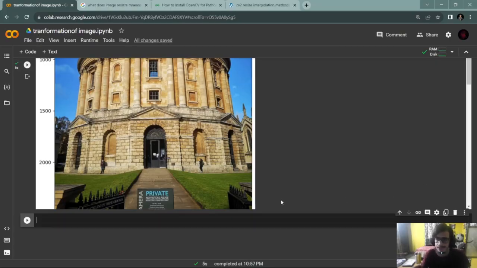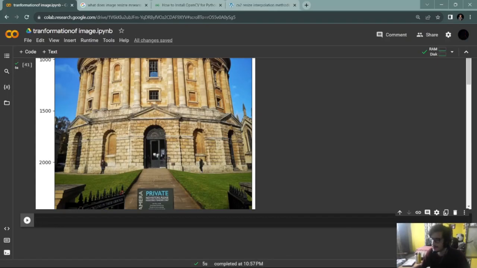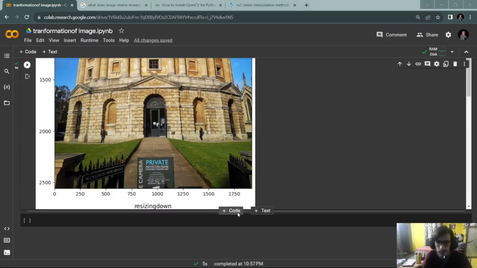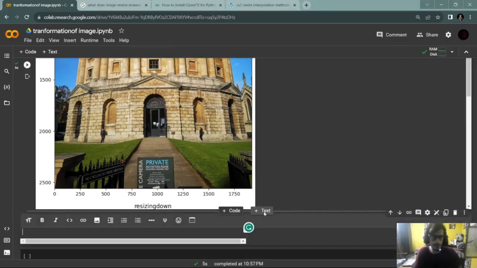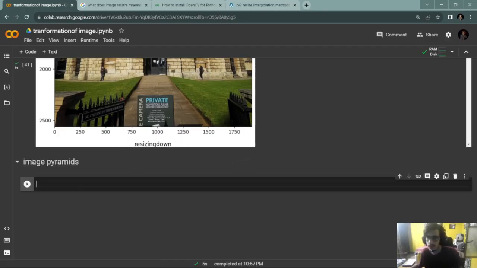Let's start with what an image pyramid is. Okay, so what is an image pyramid? First, giving the heading: image pyramids. Okay, so image pyramids are functions